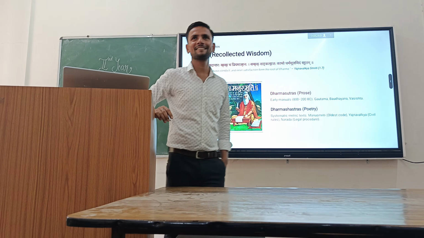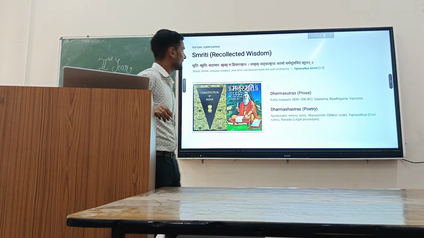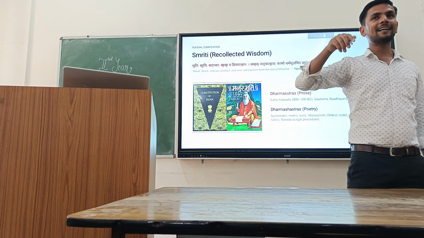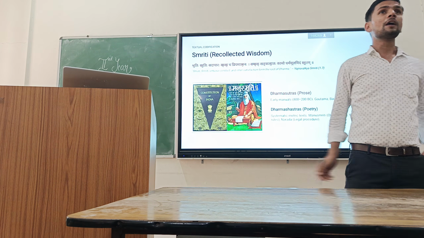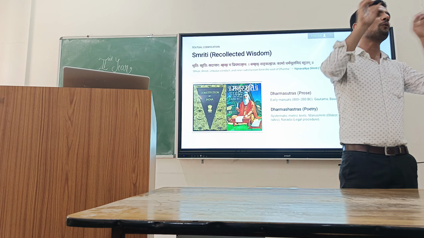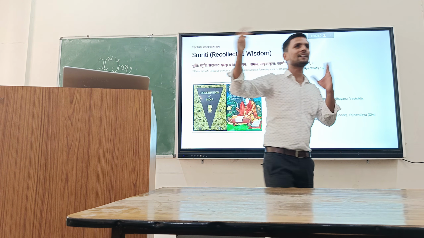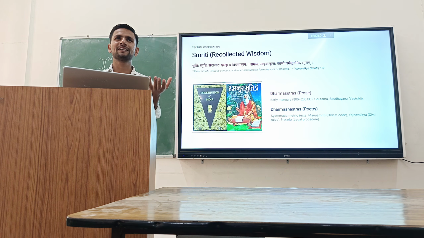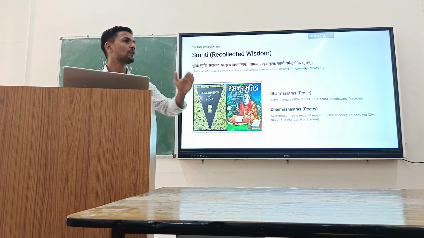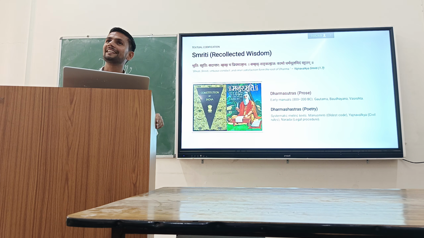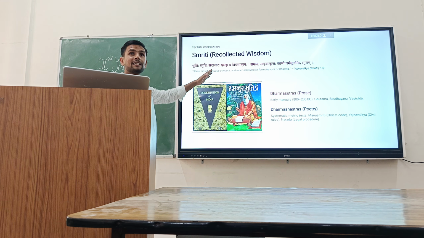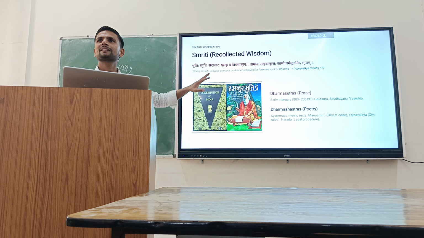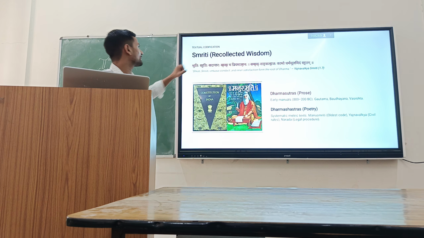Next is Smriti. The second ancient source is Smriti. Shruti was heard by the rishis, and that came into existence as the Vedas and all. But at that time, some portion of that hearing was not captured; it was not remembered at that time. Later on it was remembered, and then it came into existence as Smriti, which was recollected, and it was collected in the form of Smriti.